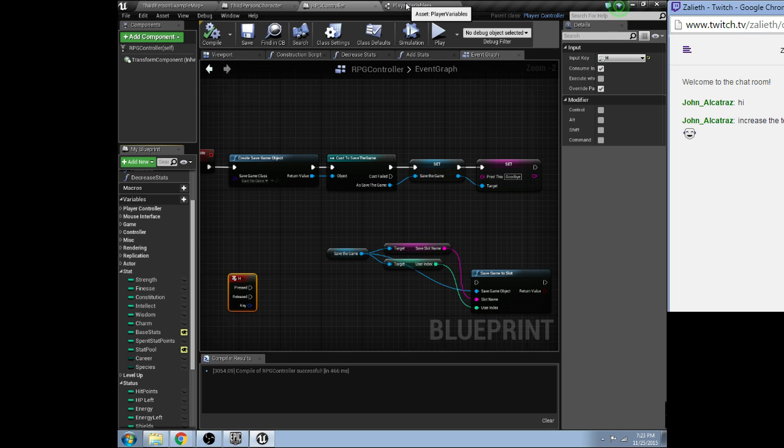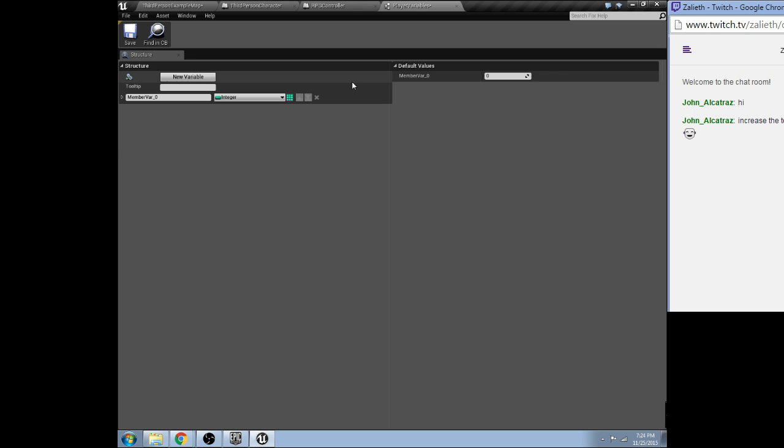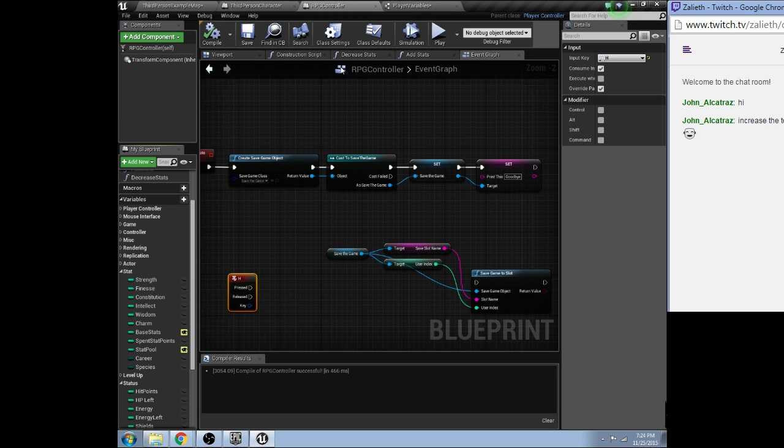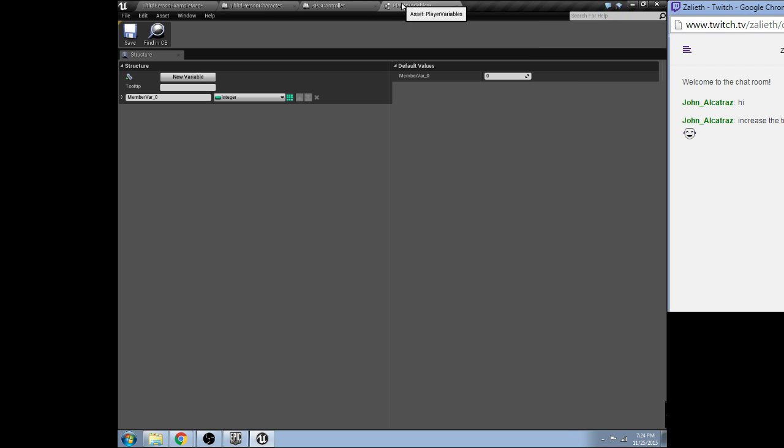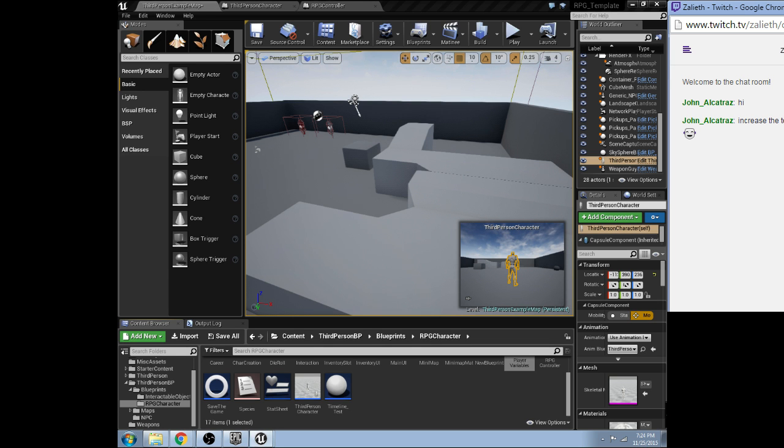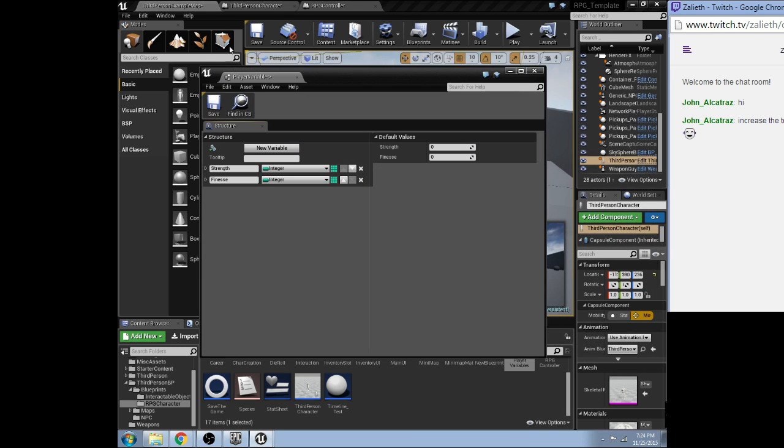Okay. Strength, finesse. I'm just doing this off to the side. Actually, I'll do it this way. That way you can kind of see what I'm doing. It's really not that interesting, but